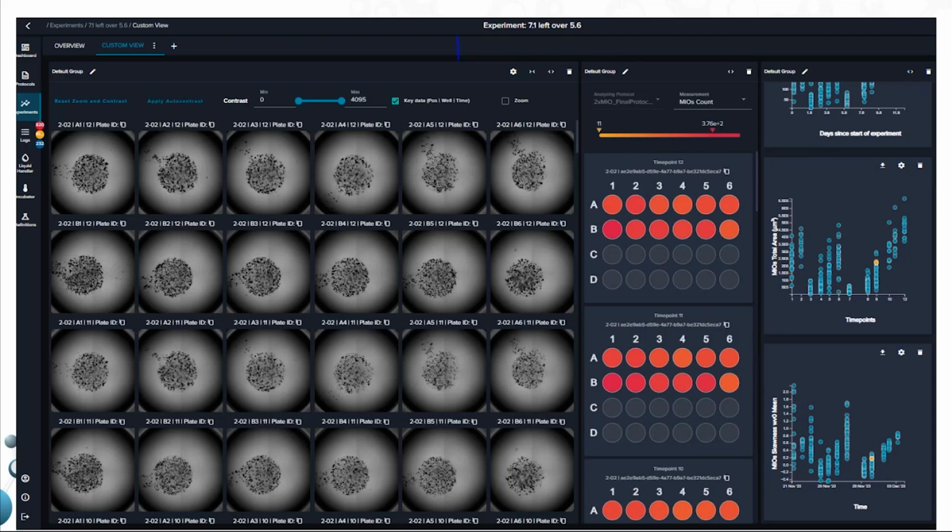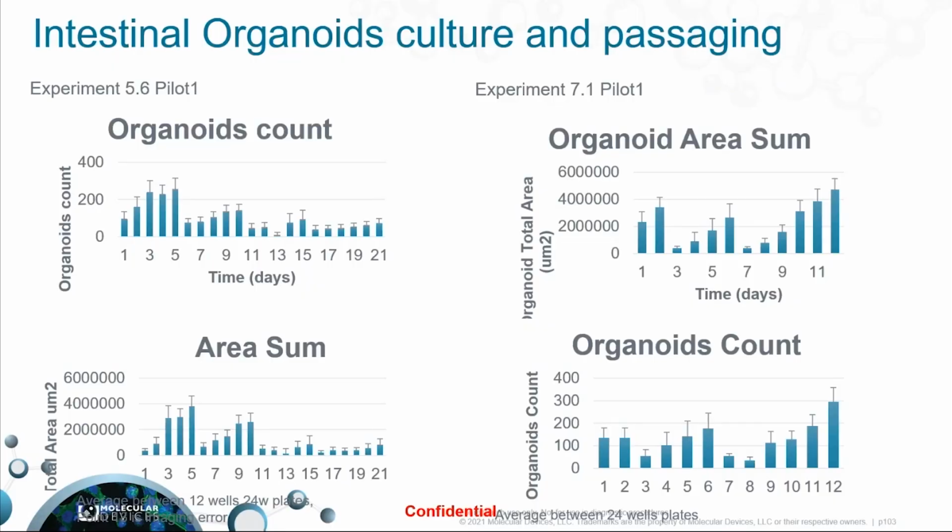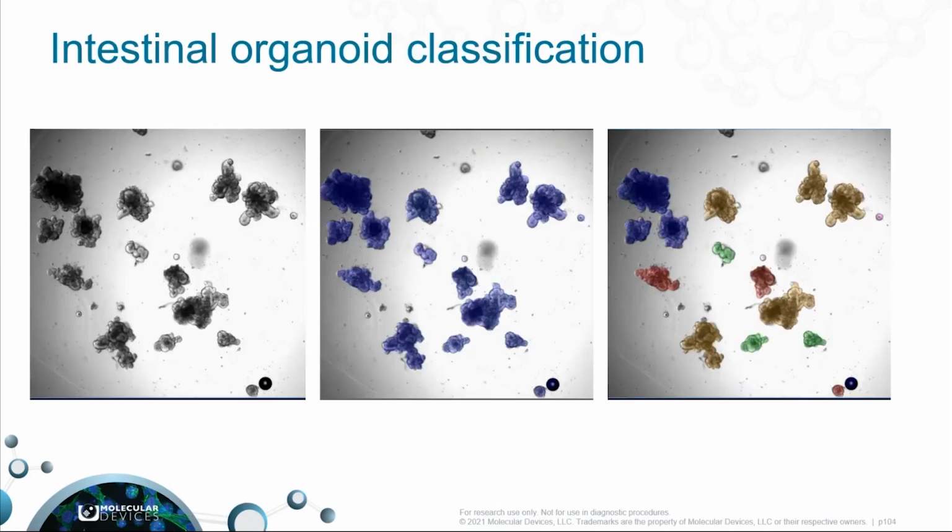So the uniformity and reproducibility are increased by using these automated protocols and automated handling. This is an example of Matrigel domes with organoids in 24-well format, and you can do the analysis on the fly, which allows you to monitor this culture by using different readout methods. You can also do classification of these intestinal organoids for different phenotypes and define drug effects by using this